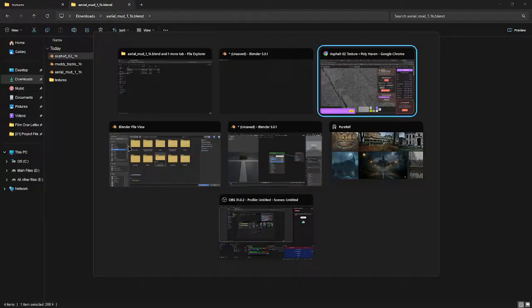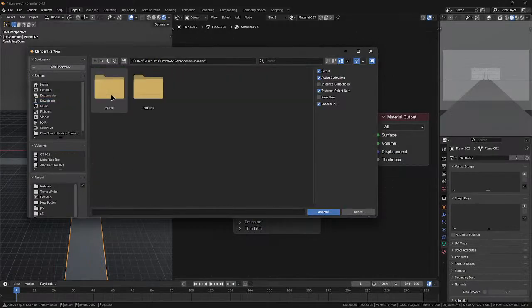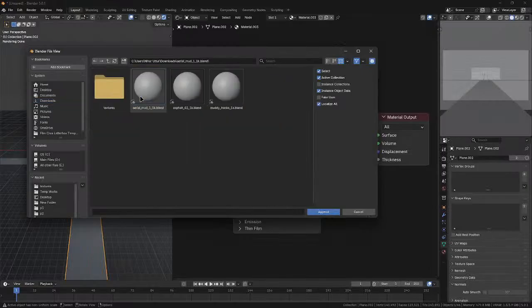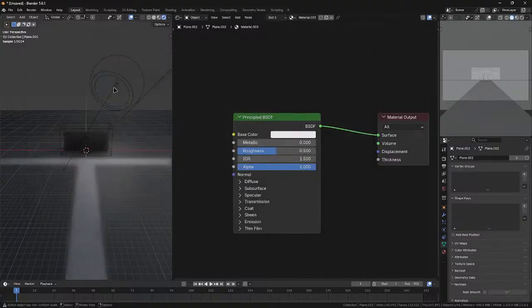Oh wait, my bad. Go to downloads and material aerial mud. So we can just add aerial mud